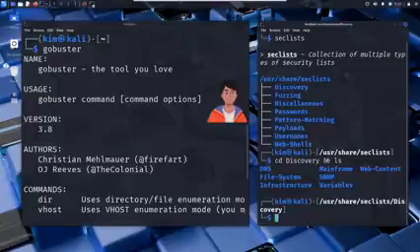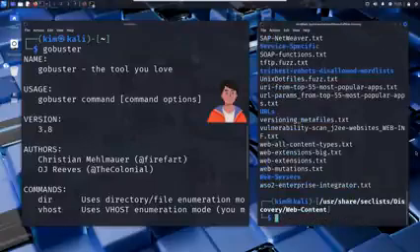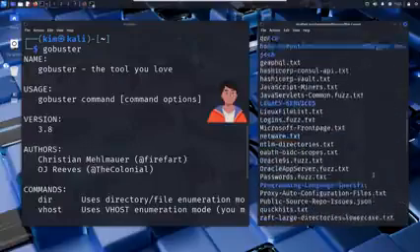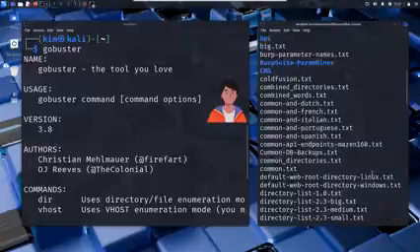each focused on different types of discovery. One of the most important is web content. Let's explore it. And there it is, a whole collection of word lists designed to find hidden files and directories on websites. Each of these files contains hundreds, sometimes thousands, of possible directory names that web developers might forget to